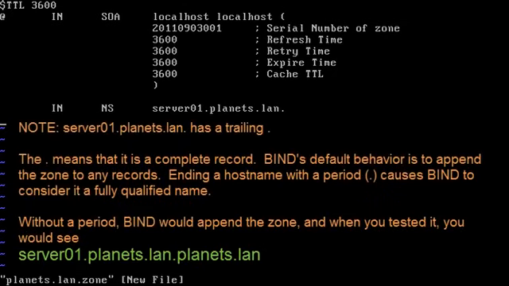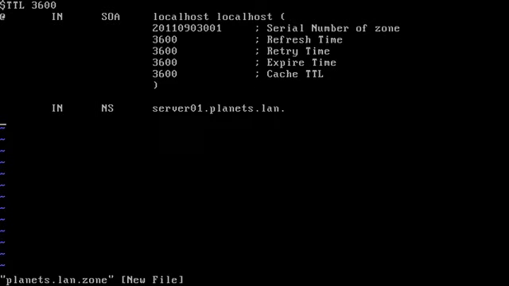And I want you to draw special attention to the trailing period at the end of server01.planets.lan. That is absolutely required if you're using the full domain name. If you're not, you could just say server01 and the domain name would be appended at the end, much like I just did there. Next up, I'm throwing in an A record, or address record, which is what DNS servers